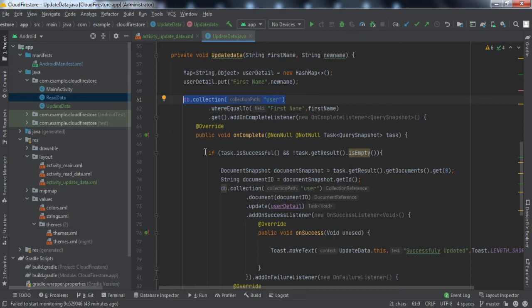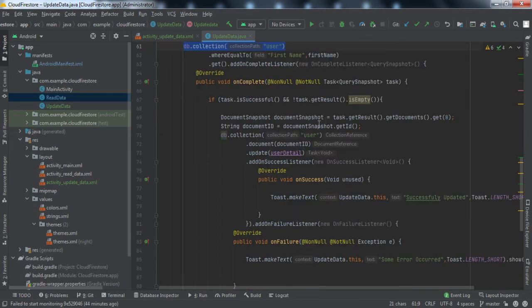We have got the result, the very first result, as a document snapshot, because if we want to get the data we have to get it in the form of a document snapshot only, right? After getting the document snapshot, we got the ID by calling documentSnapshot.getId, and we'll get the ID in the document ID.